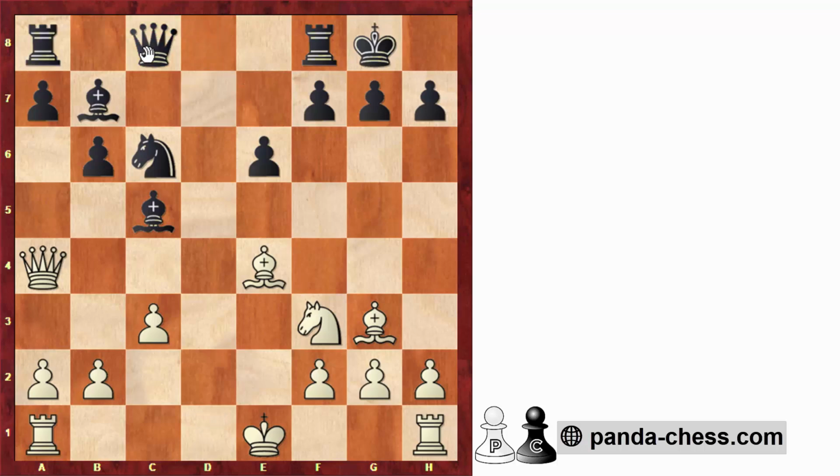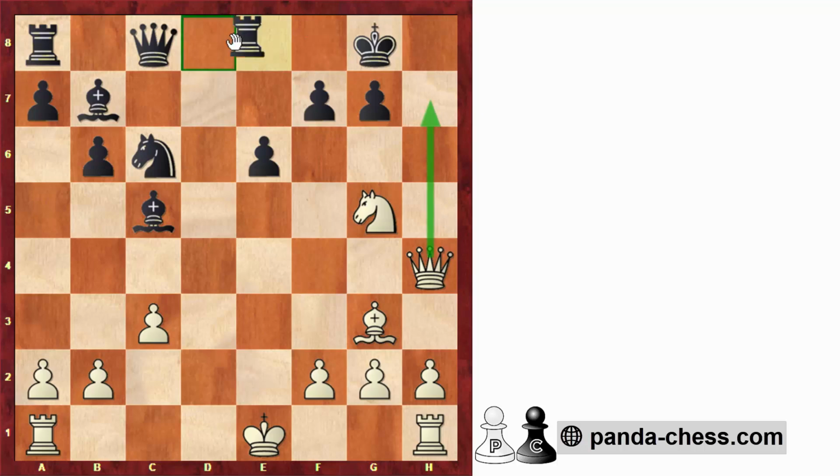But here black might try to go queen to c8, trying to keep an eye on the knight, the bishop. The rook also controls a7, so your opponent might definitely play this move, which is a very solid one. But now here again we have another sacrifice on h7, bishop takes h7, and after king takes, queen to h4. If the king goes to g6, after queen to g5 and queen to h5, we can drive it back to g8. Or if the king goes back to g8 straight away, knight to g5 is again very strong, planning to